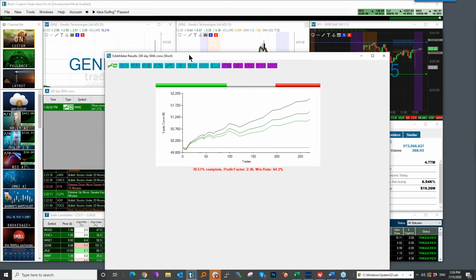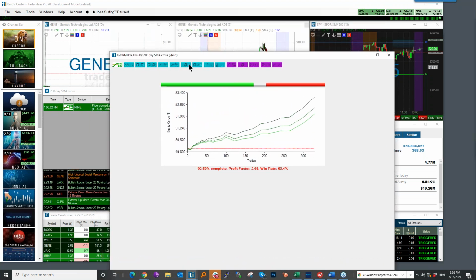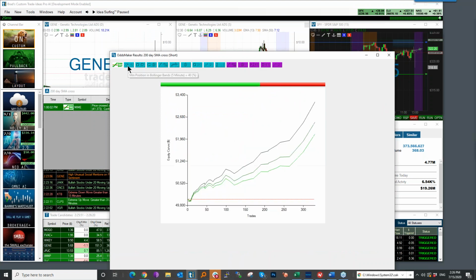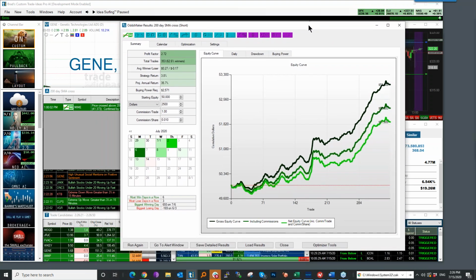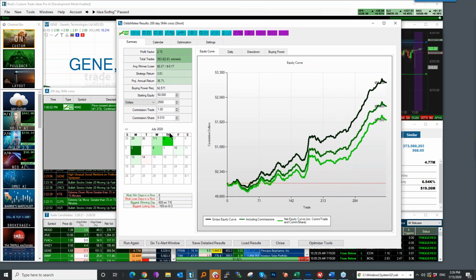You can see based on the different icons that exist up here, I put a Bollinger Band filter on. I also put some market filters, like what's the Dow doing? What are the Qs doing? This is the Dow over the day. This is the Qs over 30 minutes. This is the Spiders over 15 minutes. So I put a couple filters on, and the net result of that comes a strategy like this right here,